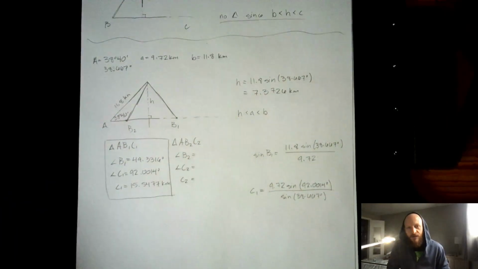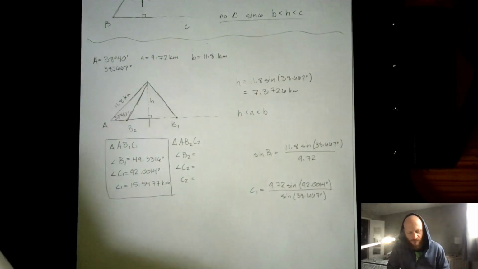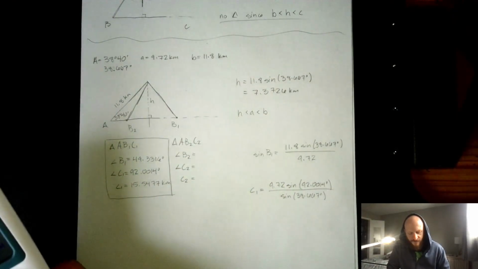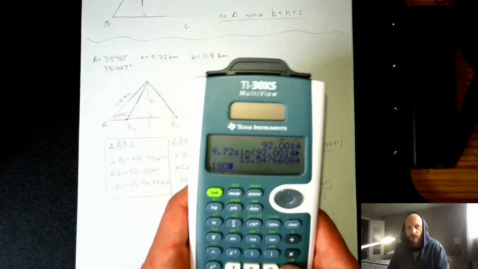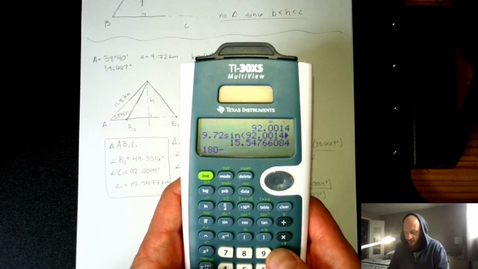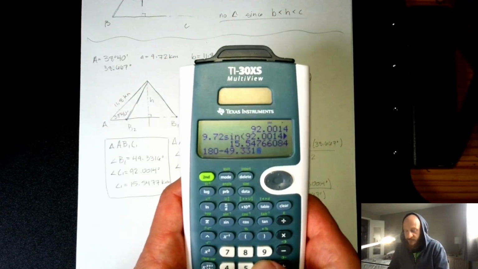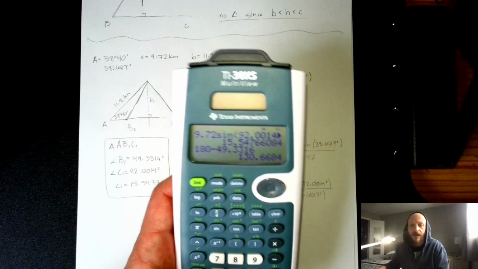So we found our first triangle. Let's find the second one. Angle B2 is the supplement of angle B1, so 180 minus 49.3316. This is angle B2,